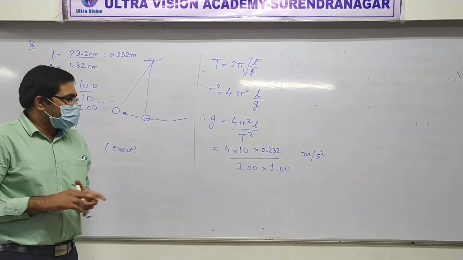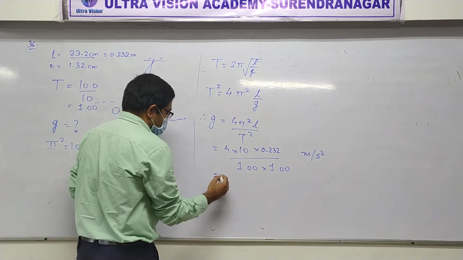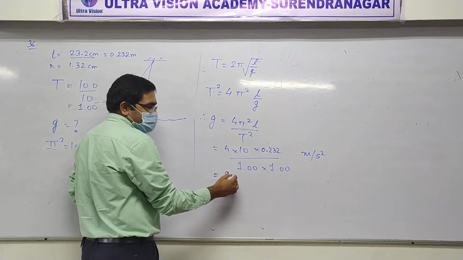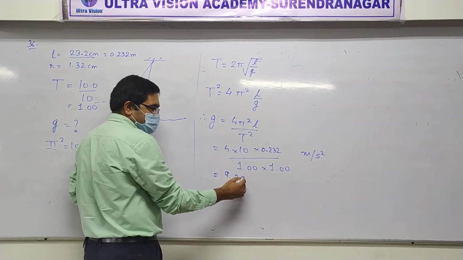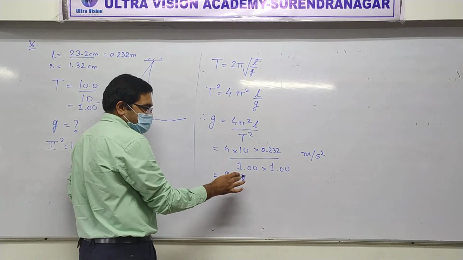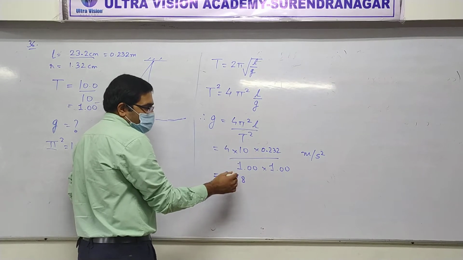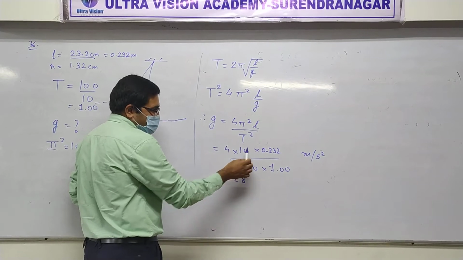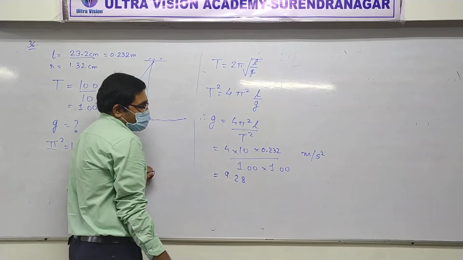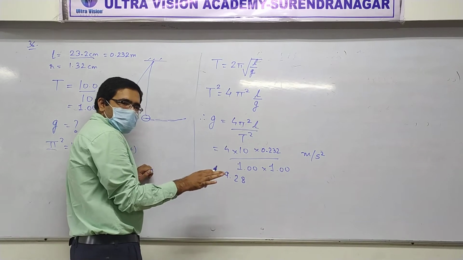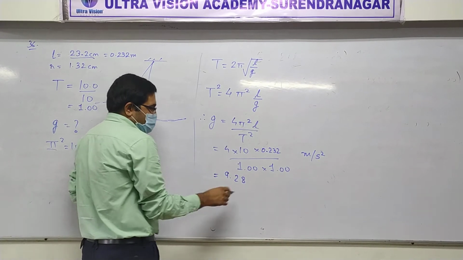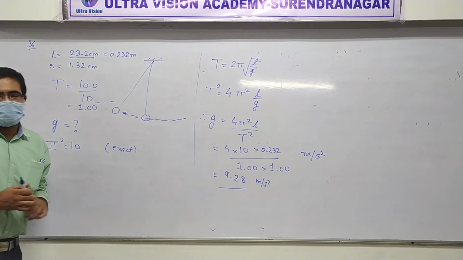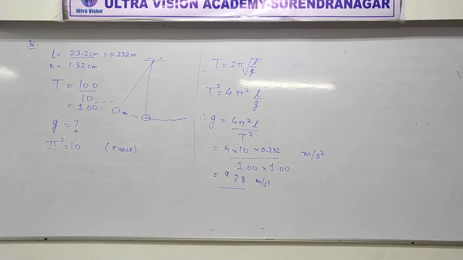Okay. So what are the answers that you are getting? 9.28. That's it. Yes, sir. 0 is getting 0. So 3 significant figures, so it would be 9.28. This is what we are getting, right? Nothing more, nothing less. Clear? This is meter per second square, right? 3 significant figures. Yes or no? Okay. Now look at the options.